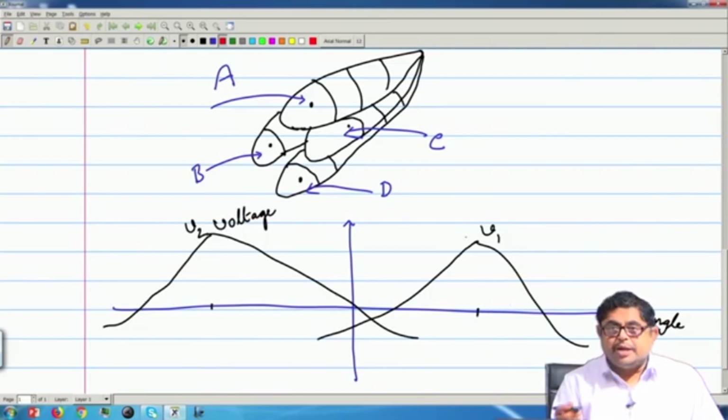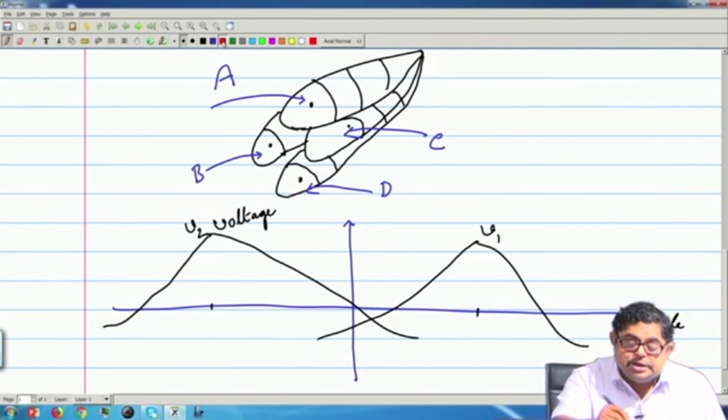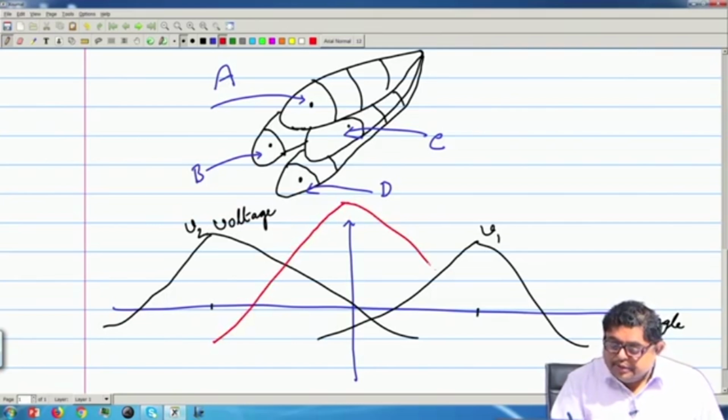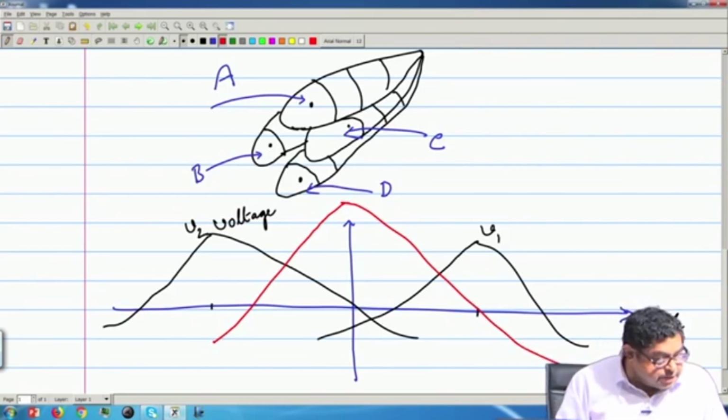So, V1 plus V2, that means the average of these two, gives us a remarkable thing. Obviously at this point it will be a peak, so it becomes something like this,